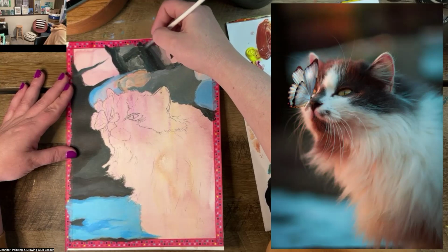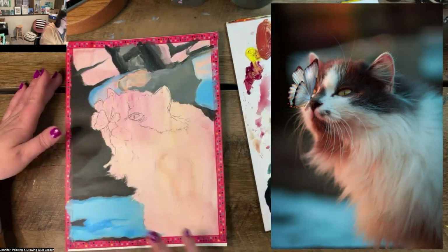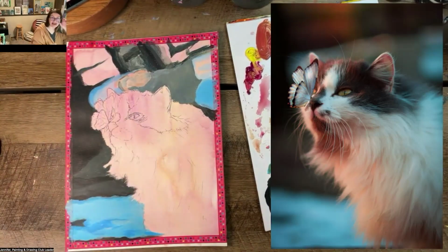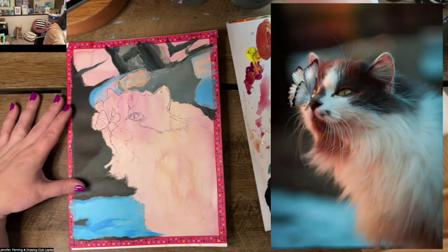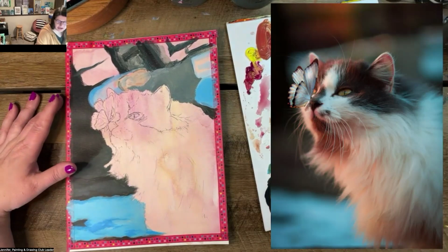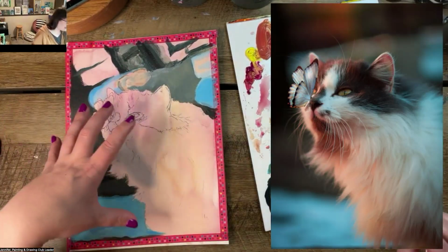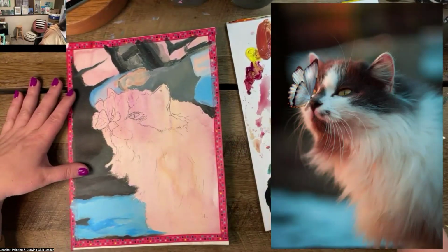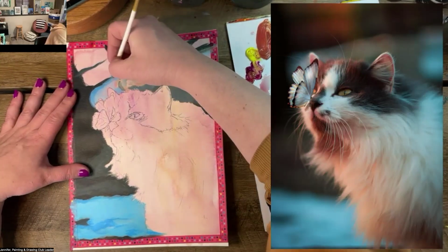The other thing I'll say about the background, sometimes I'll kind of block in loosely, do the cat, and then if there's some areas in the background I want to add to, I can. But I think it's fun to watch how it transforms when we paint the cat and how that background will all of a sudden push back. Because it's the painted thing right now, it feels dominant. But it won't once we